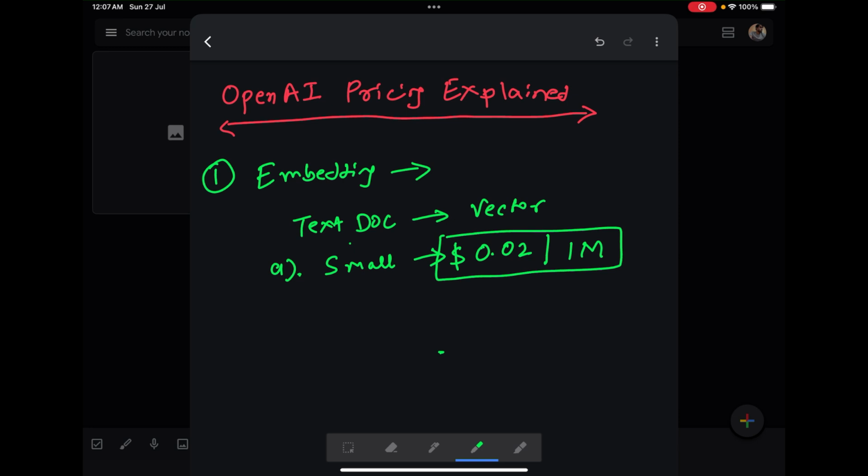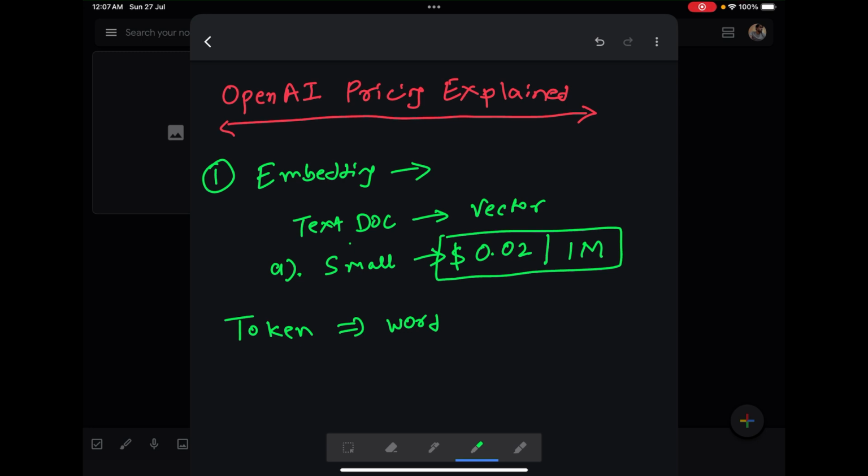Now to understand the pricing, one of the key aspects that you have to understand is this notion of token. Now, what does token mean? For the sake of understanding right now, although it's a little bit more than that, a token corresponds to much like a word in the English language. Although we can have a token composed of multiple words, most of the time you can approximate how many tokens you will need by how many words you have in your document.